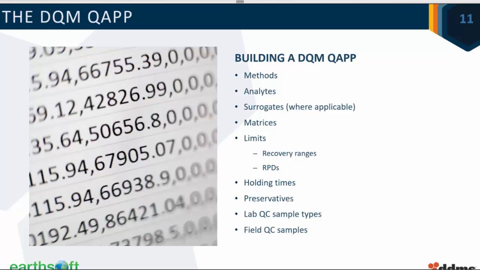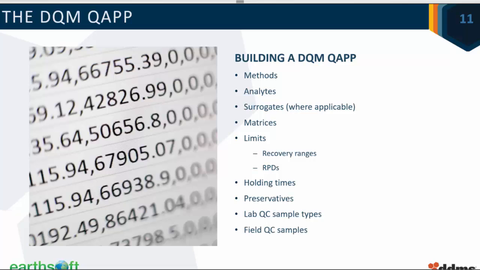Some of the things that are built in there: every method that you're going to run DQM on has to be included. Any analytes that are part of that, any of the targets that you're going to look at, need to be in there. If you've got surrogates, those have to be in for the methods that use those. You build in your limits, what recoveries for spikes, recoveries for surrogates. If you have a minimum, you set all these things. These are all customizable, so you set this up the way you want it. And holding times for the different parameters are also built in. Preservatives,